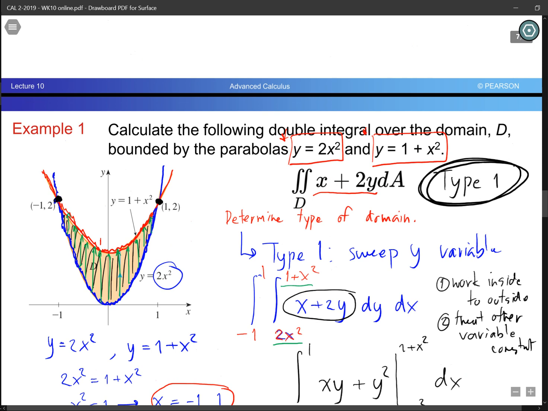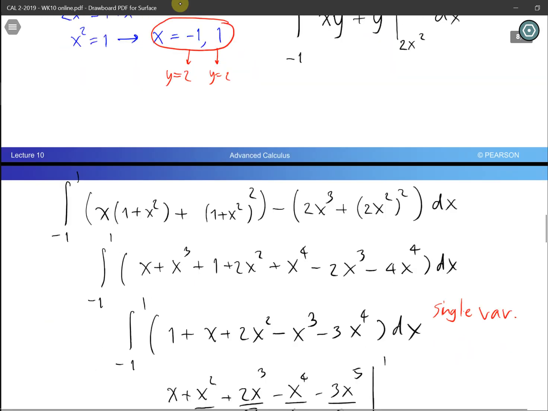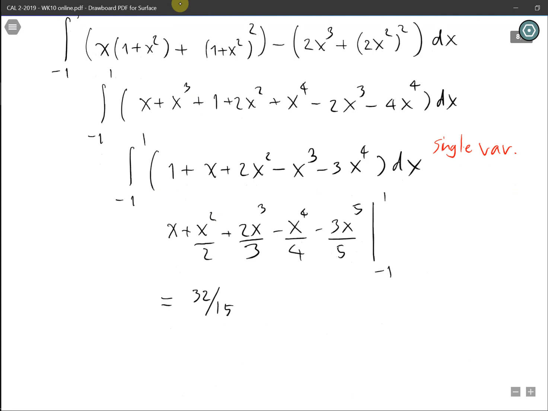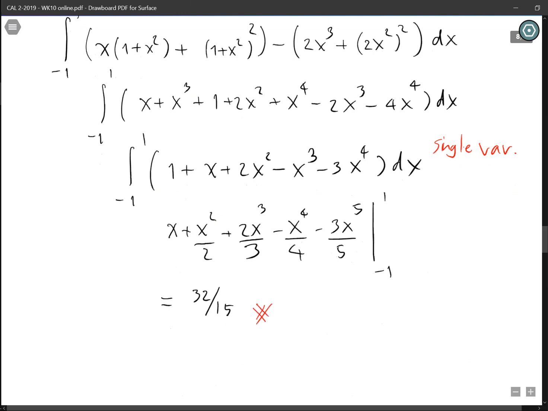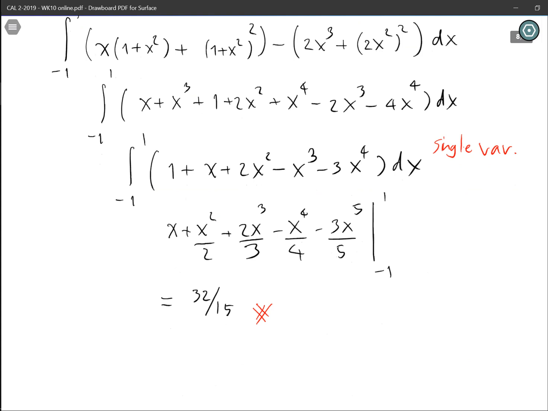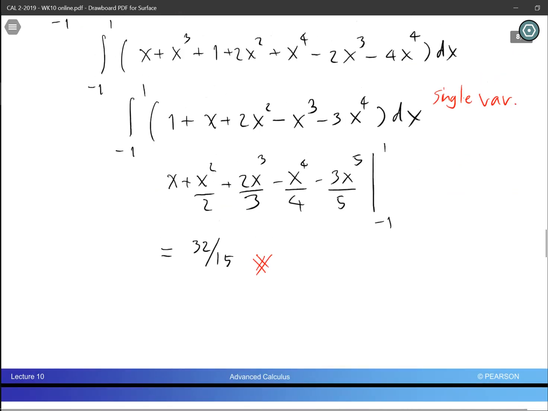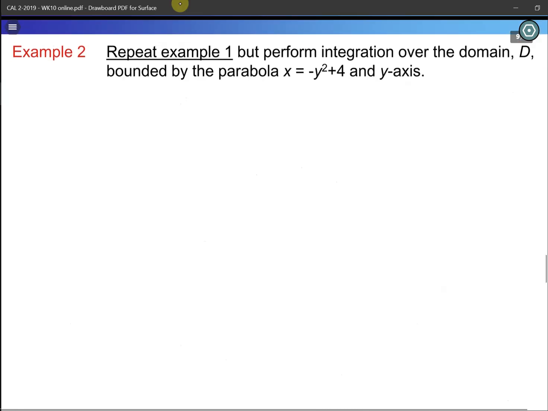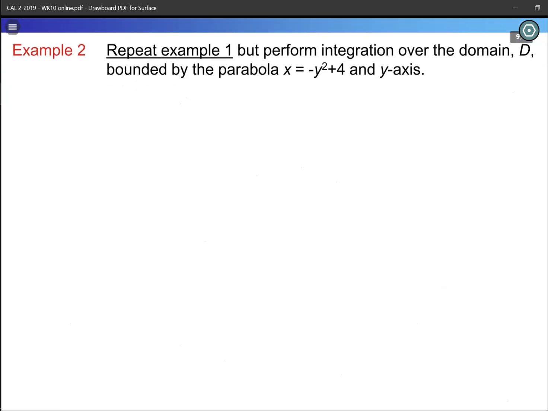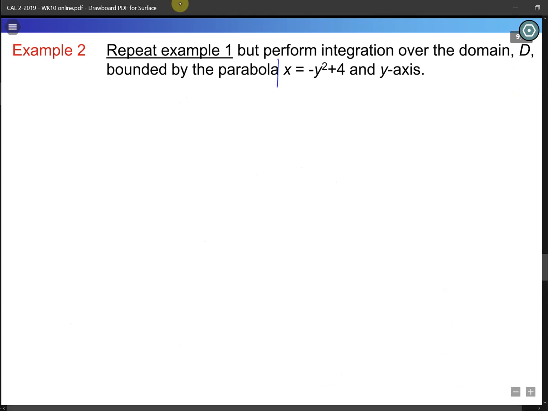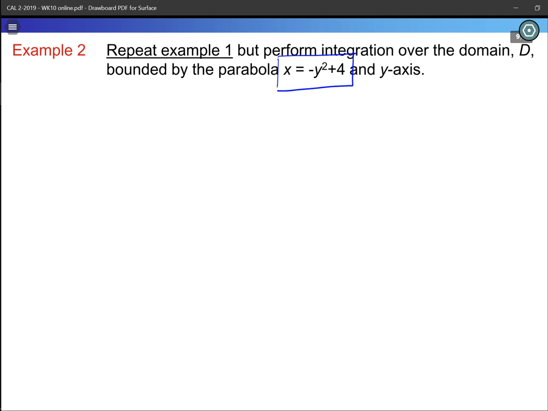Type 1: two functions below and above. Alright, so this is the result for these problems. But now we are going to make a challenge for ourselves by doing the same problems, but with a different domain. So I'm going to move to example 2. Example 2, we are going to repeat example 1, but perform the integration over a different domain. This time around, this domain is this: parabola x equals minus y squared plus 4, and another straight line,